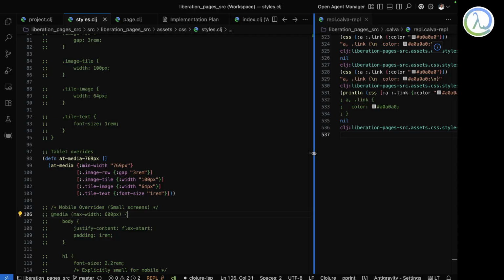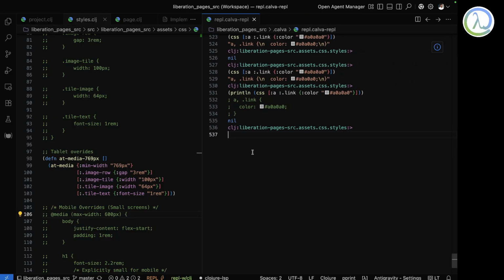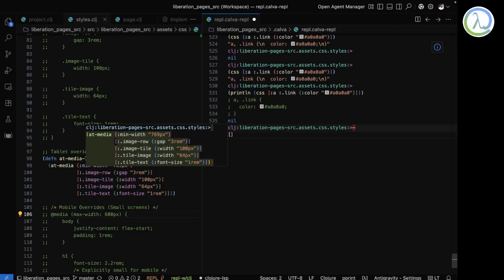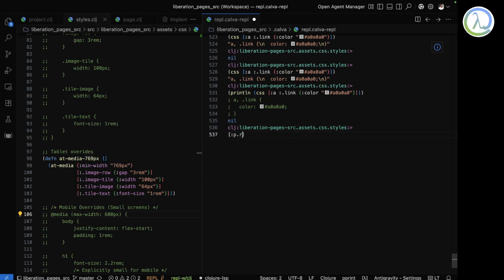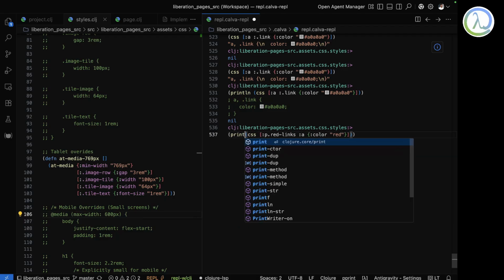And Garden is good. Maybe if you want to do something like red links, and in that, the anchor tag A should have color red. And you can pass this to CSS. Sorry, let me just print it.